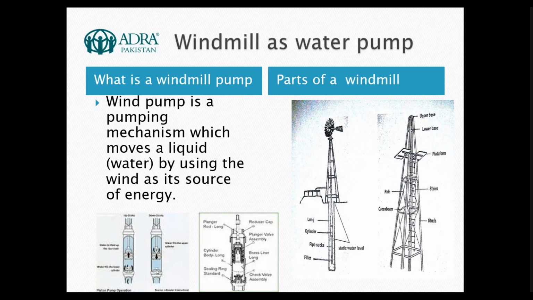Yes, in order to avoid the water going down again. And then this cycle is up and down, and the water is going up to the surface. In the hand pump, you have a manual movement of the rod. This is the rod. But with the windmill, we use the wind in order to make this rod go up and down, moving the same cylinder.